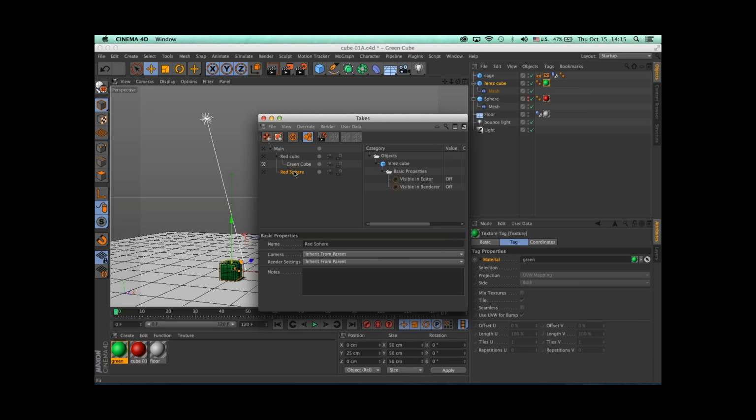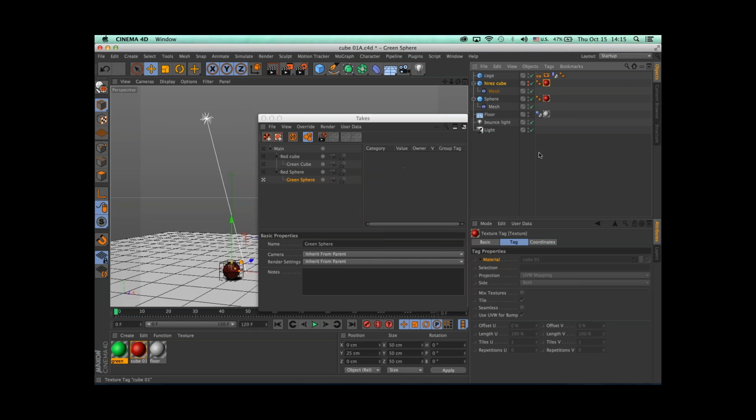Fantastic. So if I go here and I activate it, right-click, new child take, call it green sphere, and I'm going to go to my sphere, drag, not the material. I can drag the material if I want to, but in this case I'm going to drag the parameter I need. And I'm going to go and drag the green. So now we have